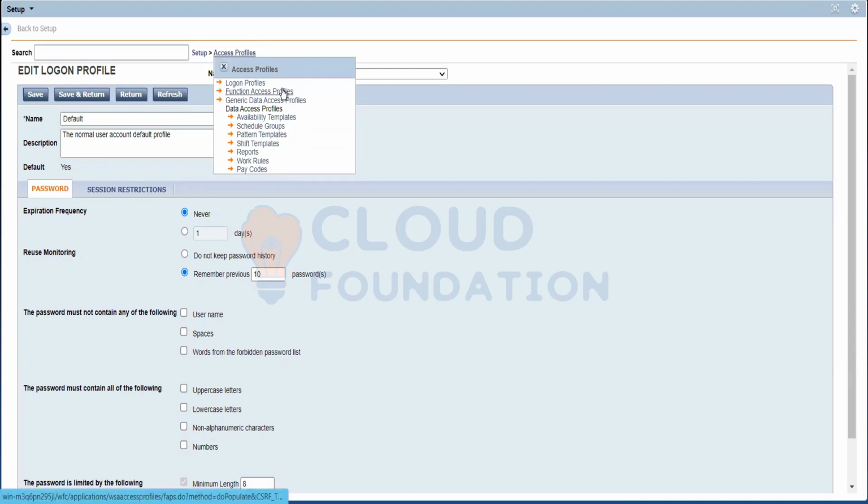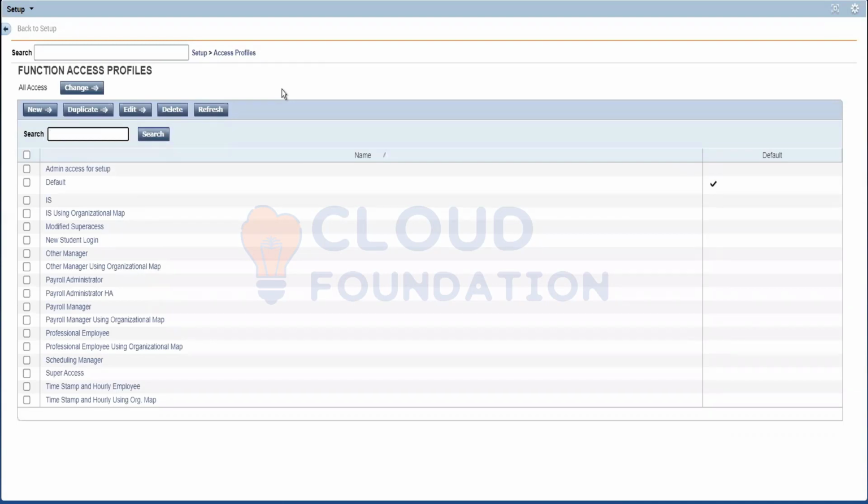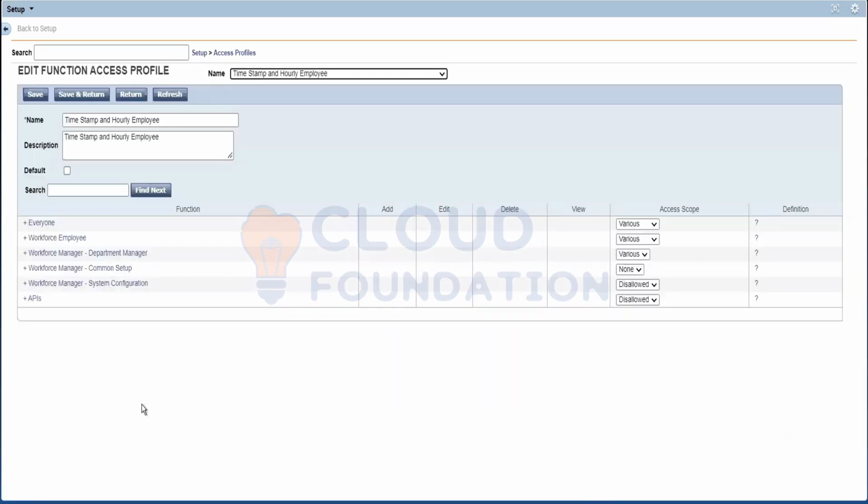Now let me go to the other item, function access profile. This would be quite confusing, but let me open one. A function access profile is like, what are the functionalities in Kronos we will be having access to? We are having access to all the functionality as we are super users. So as an employee or a manager, what are the functionalities they should be having access to and what they should not be having access to? For example,